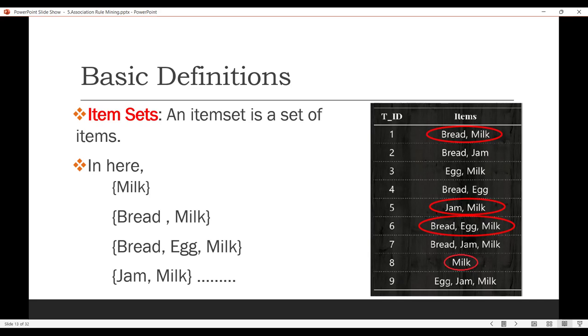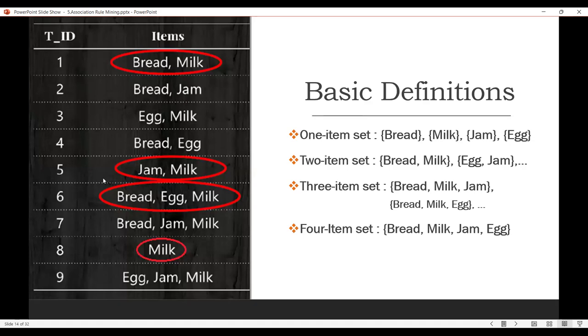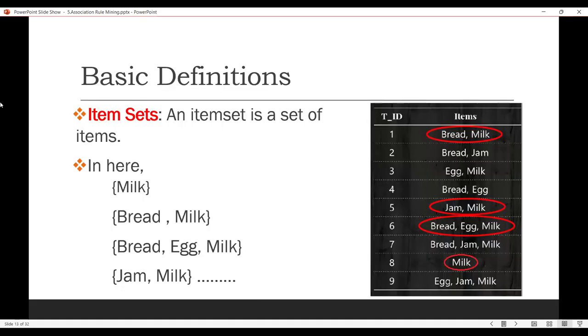So the first basic definition is item sets, right? Normally, while we look at the questions, you always think about this term item sets, right? So you notice this term item set, right? An item set is nothing but a set of items together. We can say item set, right? Let's say item set,